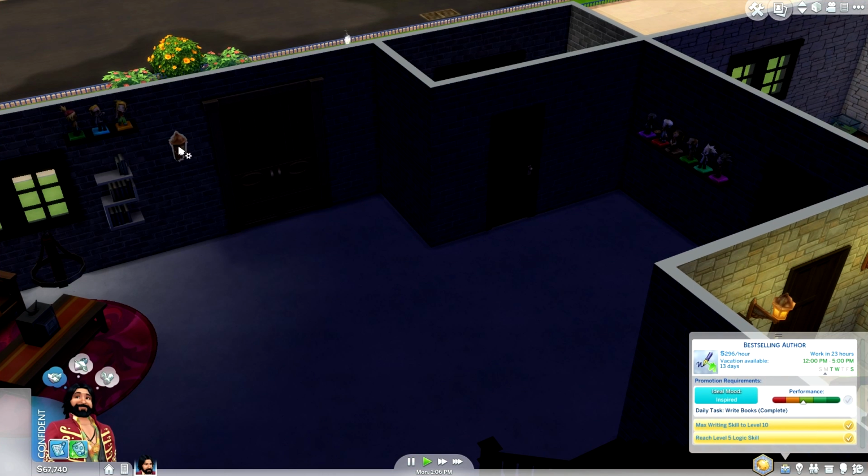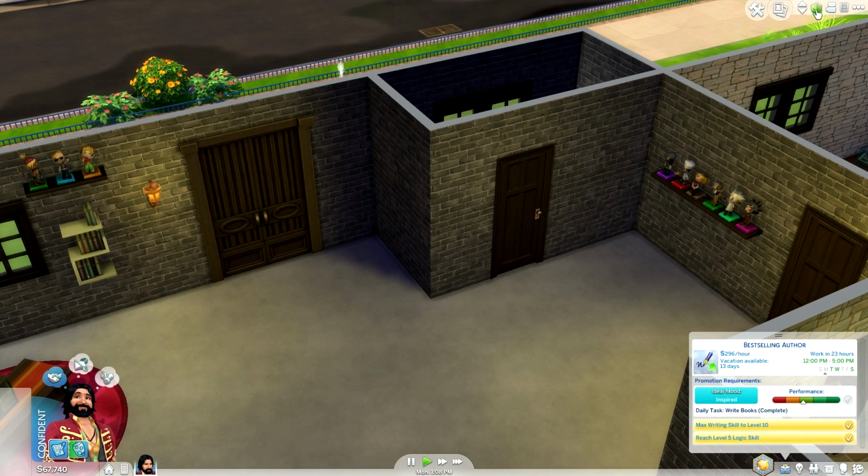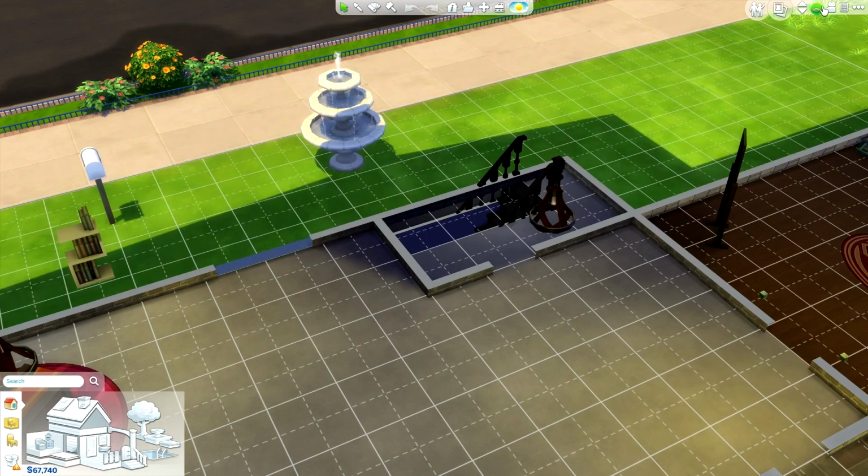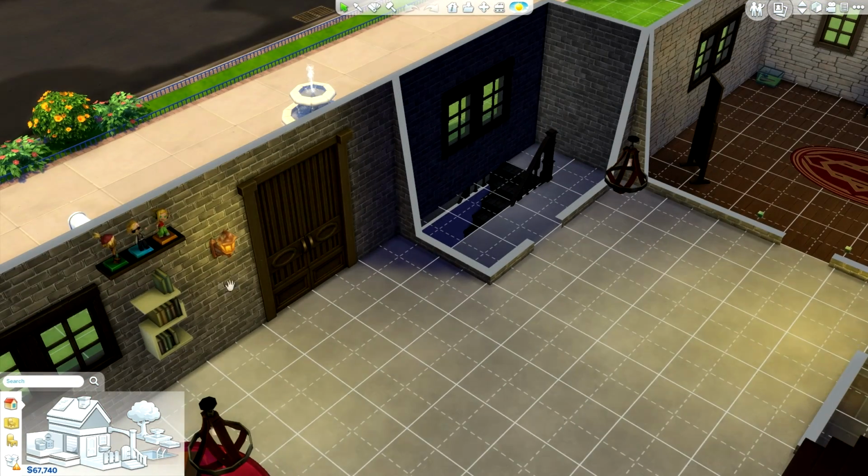So just because of the stupid way this game works, we're going to turn all of these lights on so you can actually see what I'm doing. There we go. Right, now back into build mode. And we don't need any lights out here, but we could probably do with some in here, because we don't really have any. So if we grab one of...